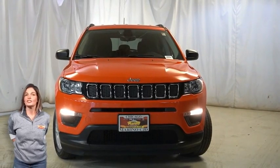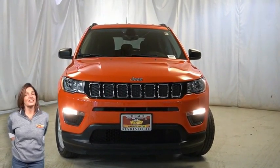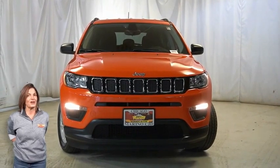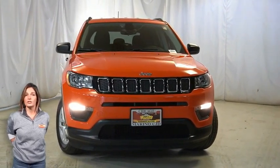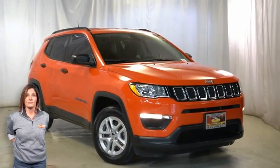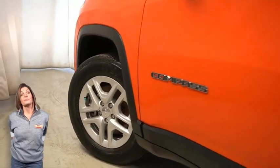If you're looking for a functional, compact SUV with reliability and safety for the whole family, then take a look at this 2017 Jeep Compass Sport in Spitfire Orange. With halogen quad headlamps, black daylight opening moldings, 16-inch silver painted aluminum wheels, power heated mirrors,